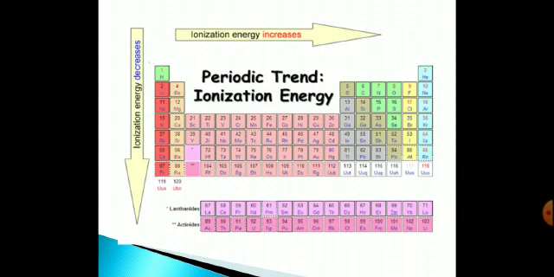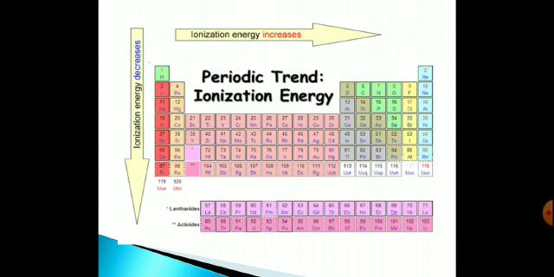Let's recall one more time how the ionization energy varies in a period. We know on moving from left to right in a period, atomic number increases. As atomic number increases, the nuclear charge of an atom increases. This increased nuclear charge tends to pull the outermost shell closer to the nucleus. So automatically the atomic size decreases. As the atomic size decreases, electrons are held tightly.